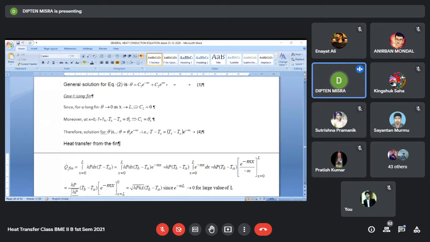Otherwise, the approaches to infinity, the symbol is required. Anybody having any doubt, please. Otherwise,